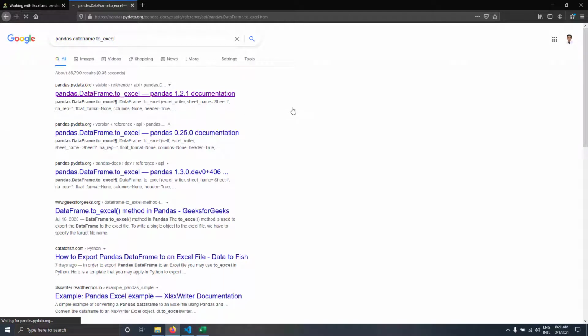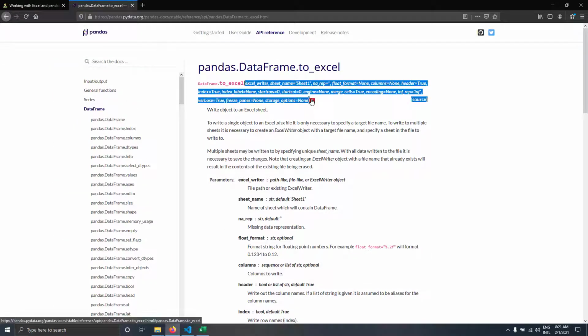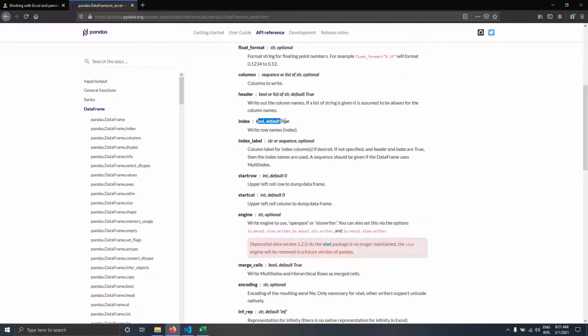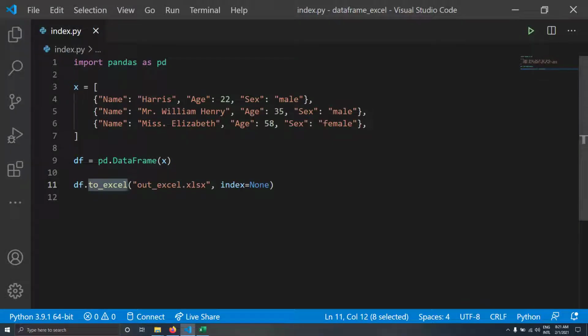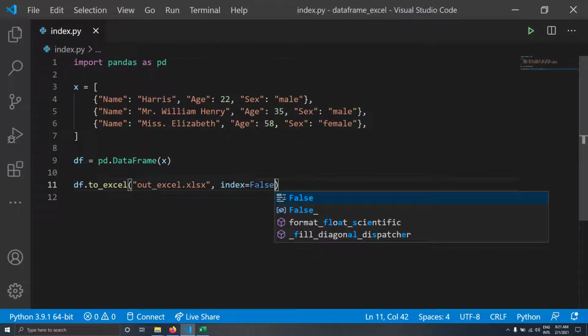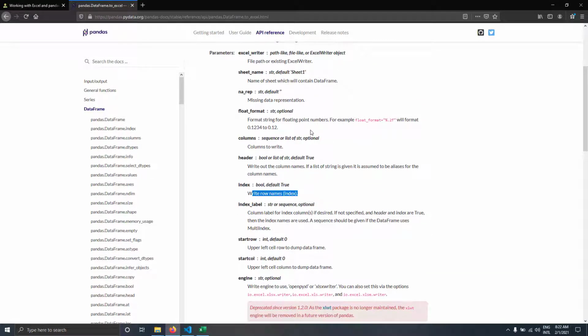And after opening the documentation, you can see a lot of options, and you can see the option which I just told you, index, boolean, default true. So you can even write index equal to false. That means even if I write index equal to false, my Excel will not have the index row names or the index in the output.